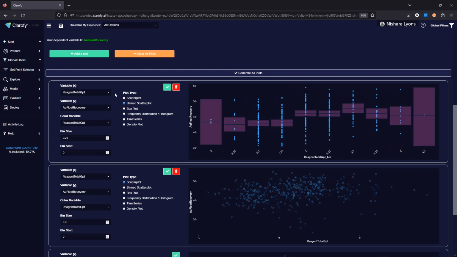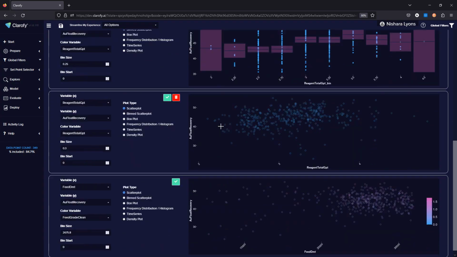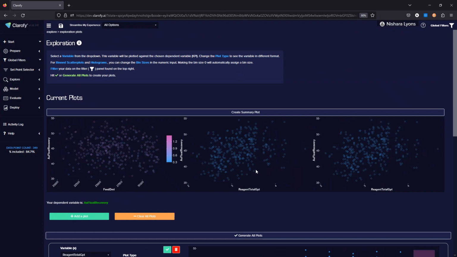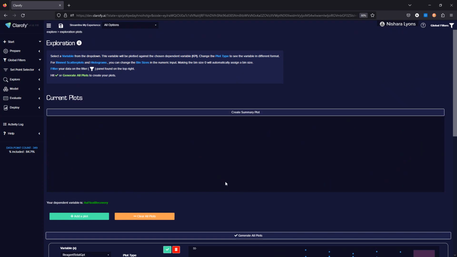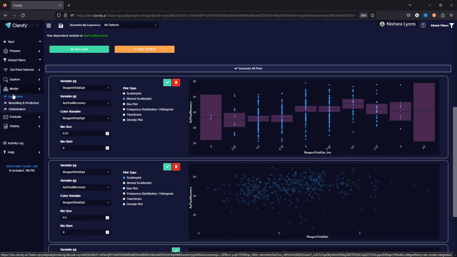You just do that. And if you wanted to compare that with the scatter, it's very easy to do. If you wanted to have multiple bin scatters, as I was saying before, normally we would add like 30 plots, put them all as bin scatters, maybe do a summary plot and have a look at it. So very easy to do in Clarofy.